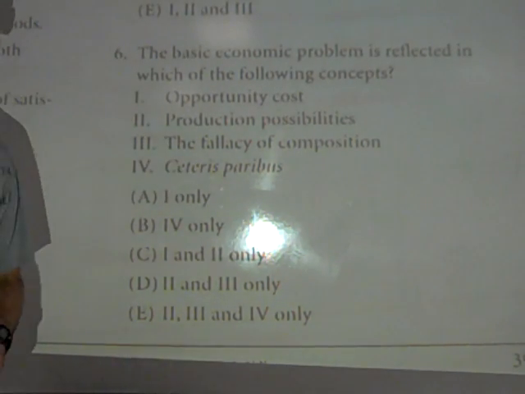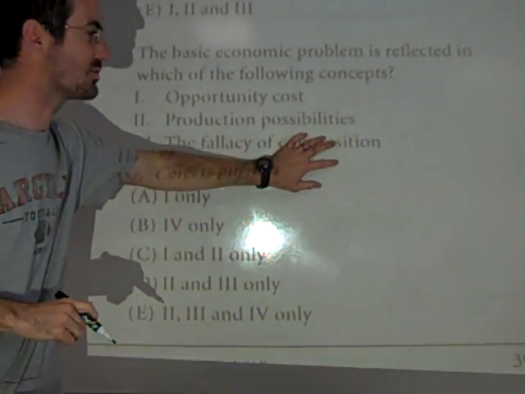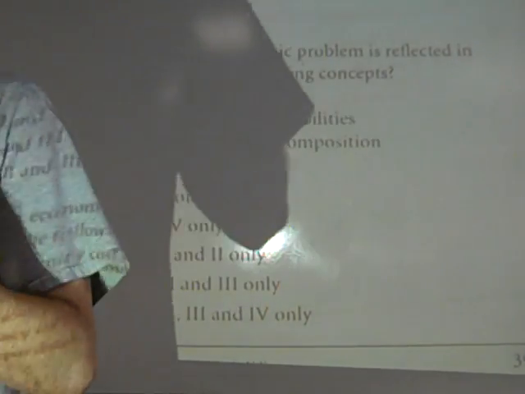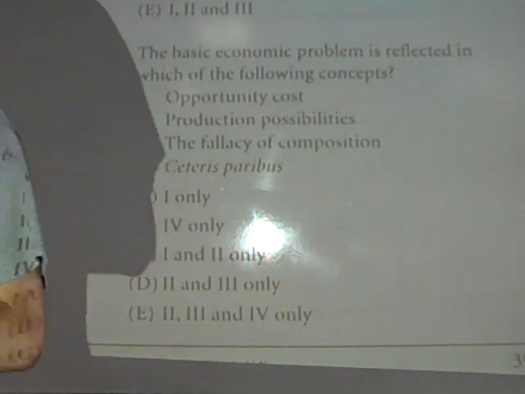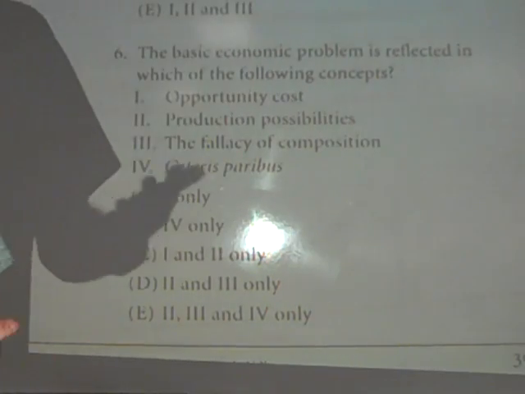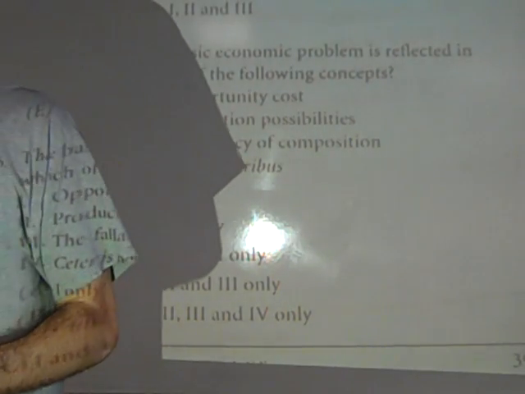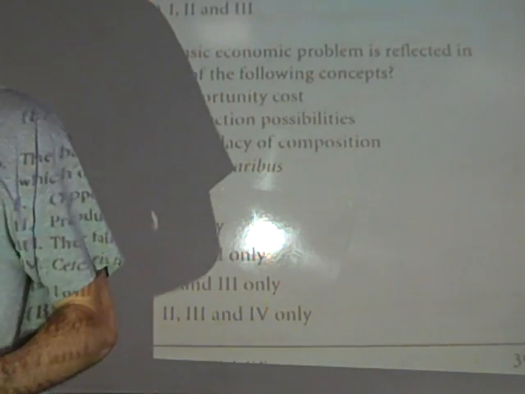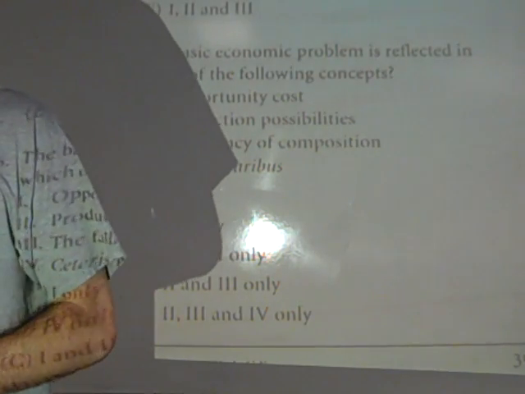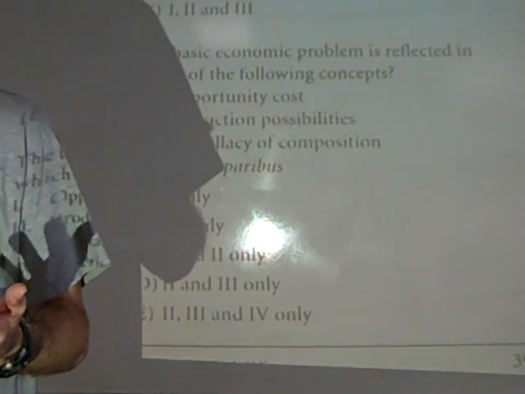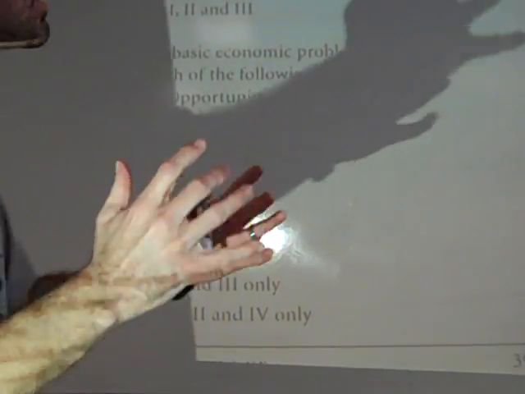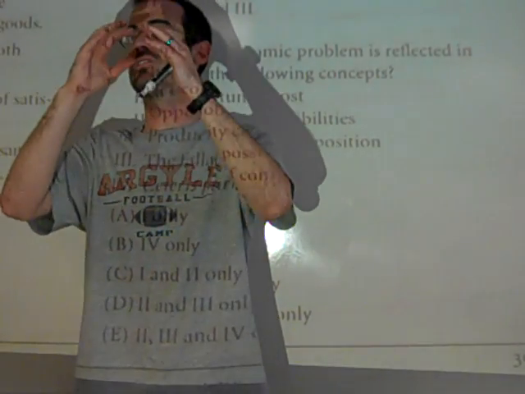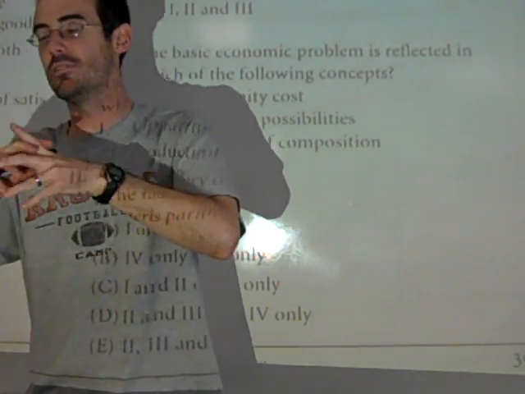All right. Hey, let's run through those fallacies real quick. We have composition, which is referenced here. That fallacy means it sounds good, but it's wrong. Assuming that what's good for the one must be good for the many. And the classic example is, suppose you decided to produce hats. You started making a fortune. Would it be good for everybody in Argyle to open up a hat shop? No, because then the supply of hats would be so great, hats would be worthless, and everybody would lose. That's the fallacy of composition. Composition means adding up. Assuming that adding everybody up and doing the same thing will benefit everybody just like it benefits an individual.